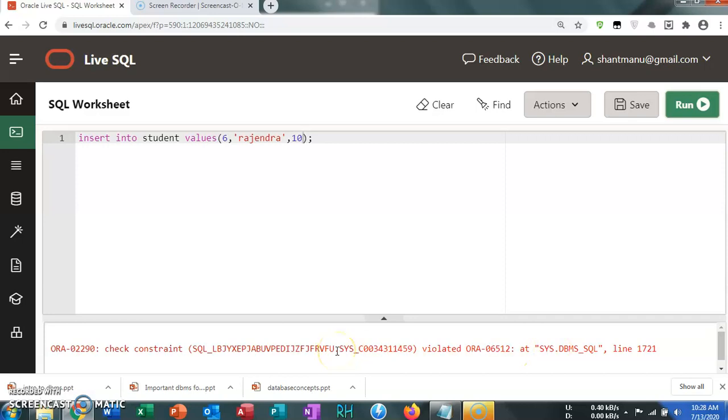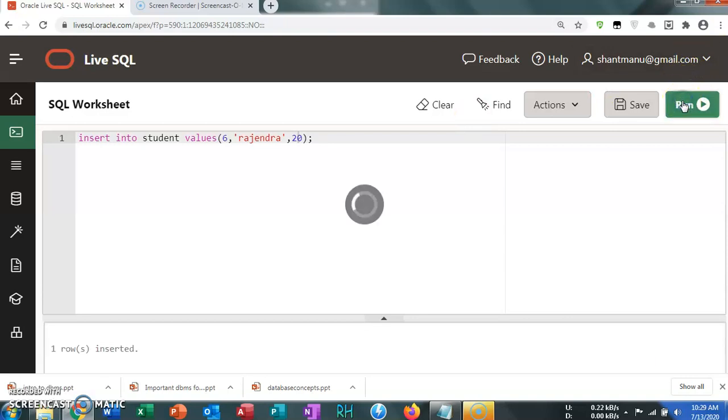Okay, so what condition have we given? 15 to 40. So let's insert something between 15 and 40. So now 6 is non-duplicate, we have a new value Rajendra, not null, and 20 is between 15 and 40. So all constraints are satisfied, so your record will get inserted.